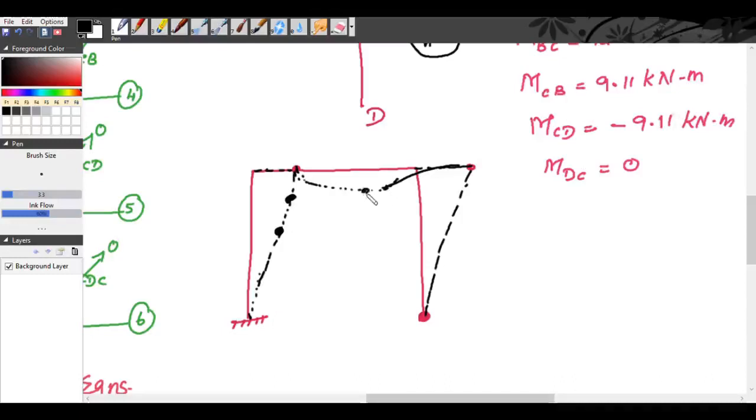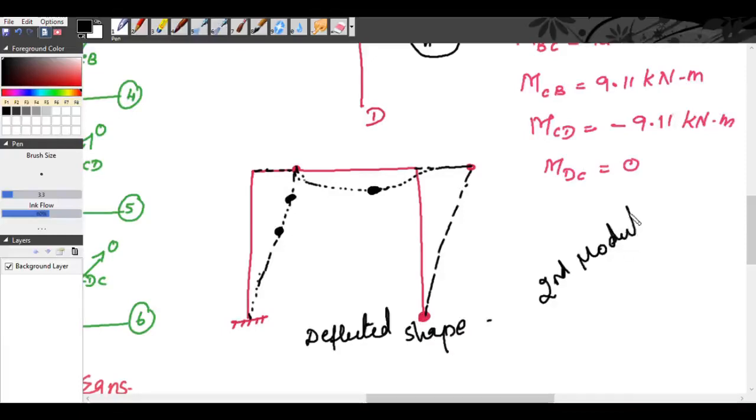You have a hinge here, another hinge here. This deformation will be the deformation for the span BC. So we will have a hinge here. So we will have another hinge at this point. Okay. So this is our deflected shape. So that's all. So with this our second module is completed. Slope deflection method is completed.